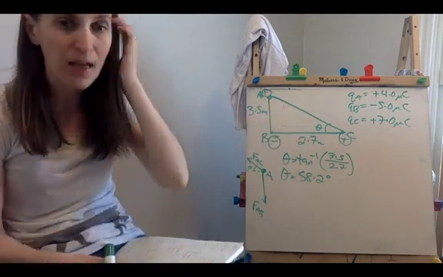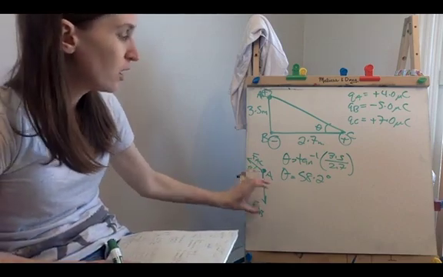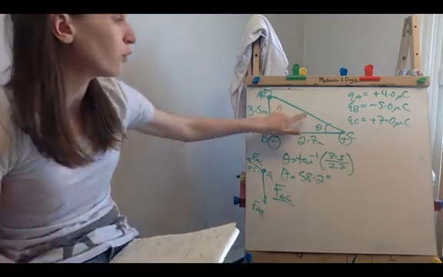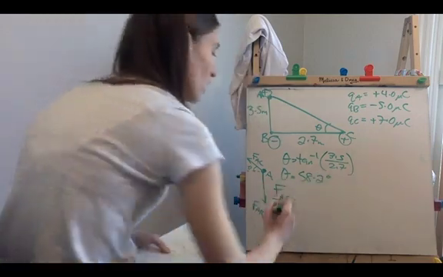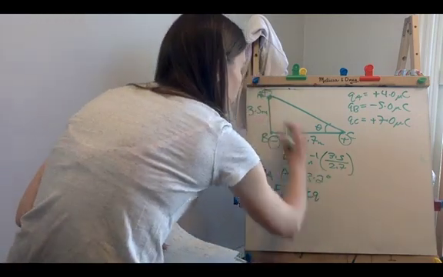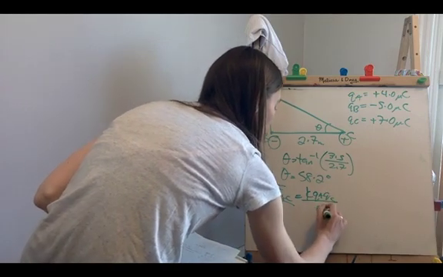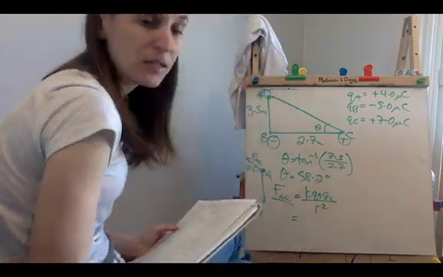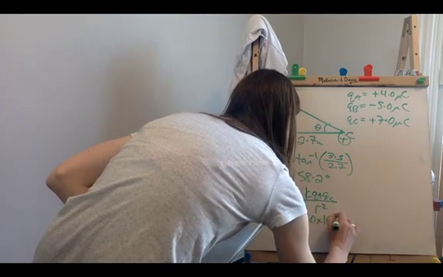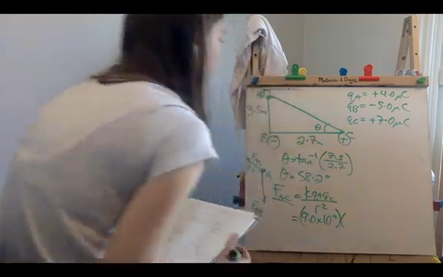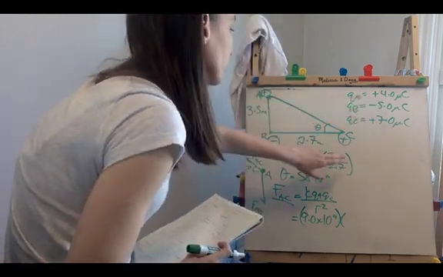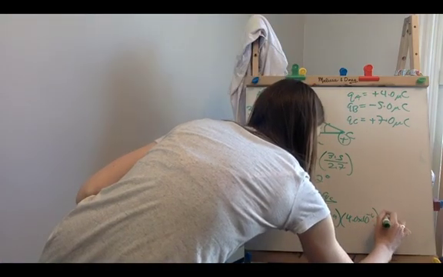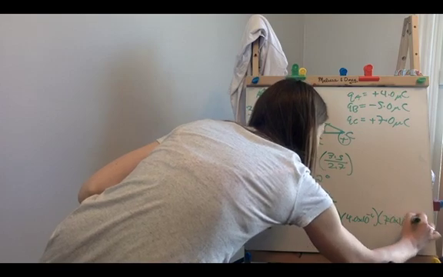So why don't we just keep going with that one for right now, because this one's going to be fairly straightforward. If we're focusing on that force connecting A to C, we can figure out the total force just using Coulomb's law. That's going to be K, the charge on A, the charge on C, divided by the distance between them squared. Again, K is the constant of 9.0 times 10 to the 9. We have our relative charges, 4 microcoulombs and 7 microcoulombs, so it's your 4.0 times 10 to the minus 6 and your 7.0 times 10 to the minus 6,